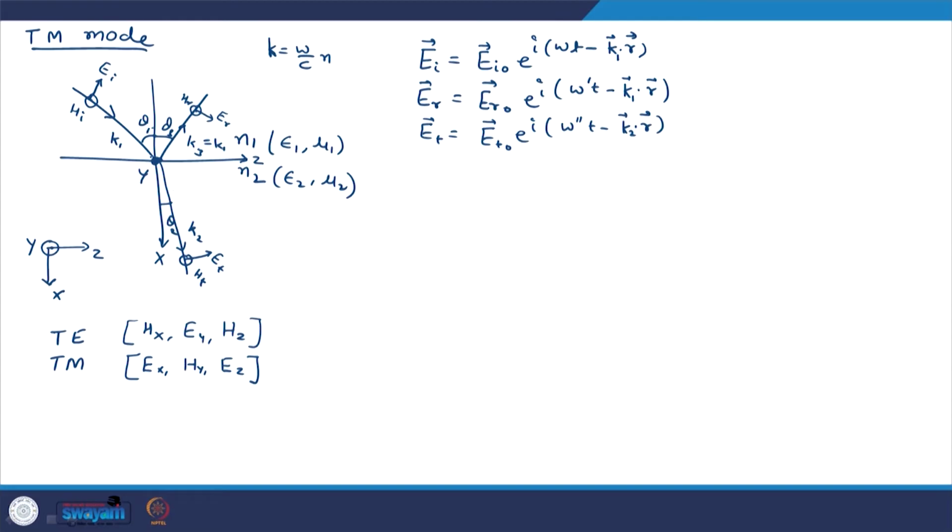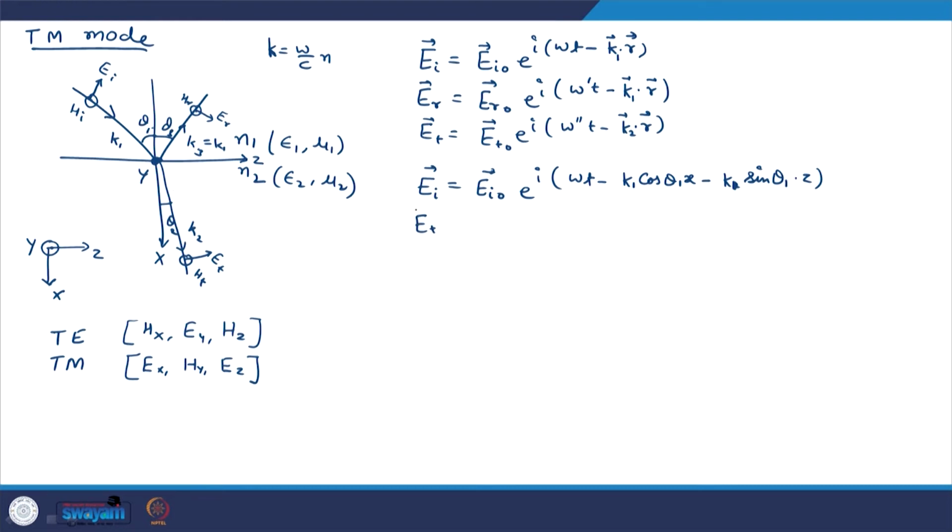So, if you resolve this k vector parallel and perpendicular to this interface, you can write E_I = E_I0 e^(i(ωt − k1 cosθ1 x − k1 sinθ1 z)),